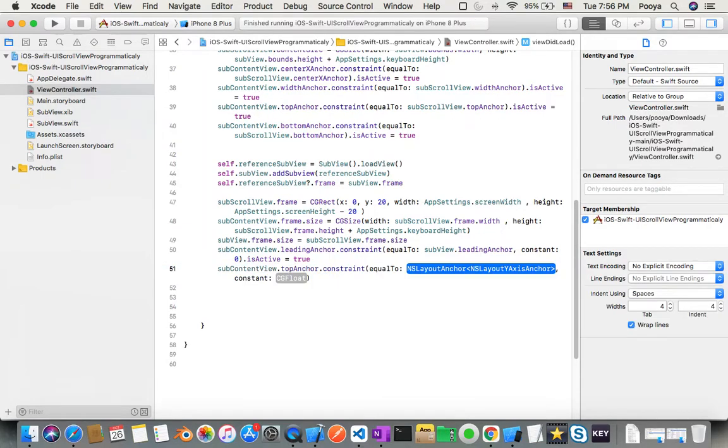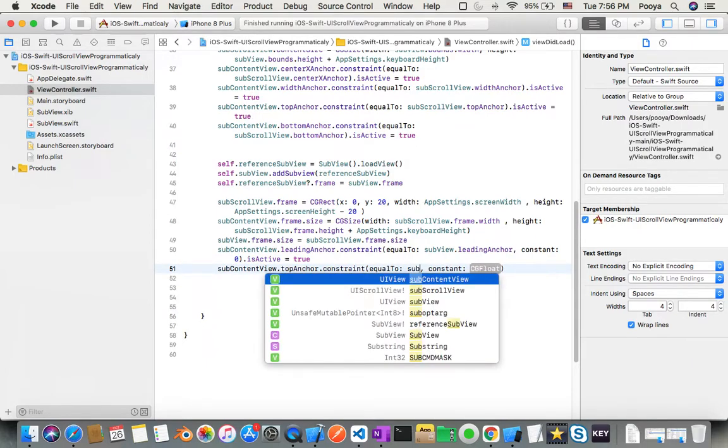Yeah, this one automatically brings the same one I picked up for the top one. Yeah, this is the top one. I can add trailing later and the rest. Okay, so for my topAnchor, I just say constraint for that is equal to